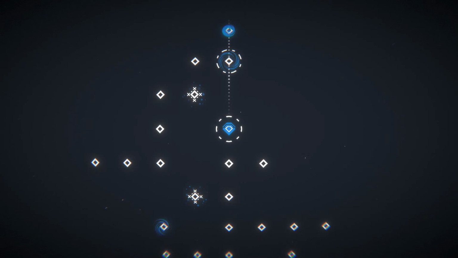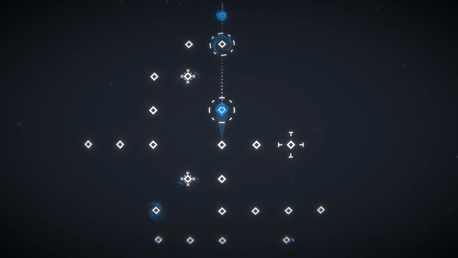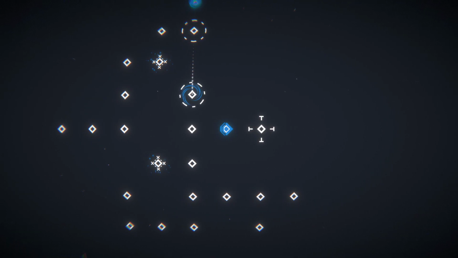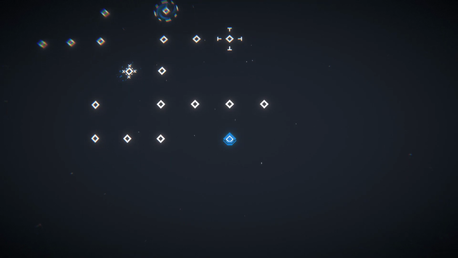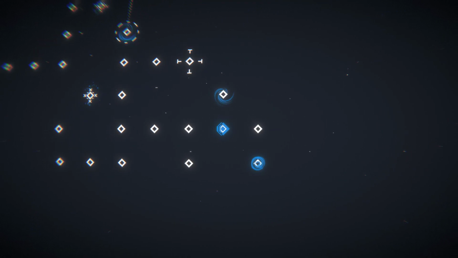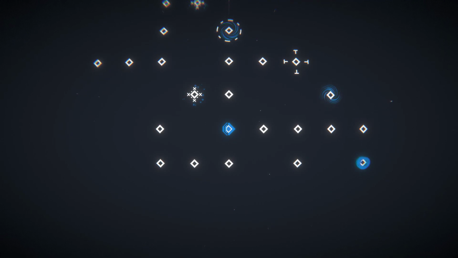Now this, that line is indicating, I think, that there's a switch. Oh, so this is a switch. Now there's also other directions I can go over here. So this is one of the things you have to be kind of careful about with the level design here,